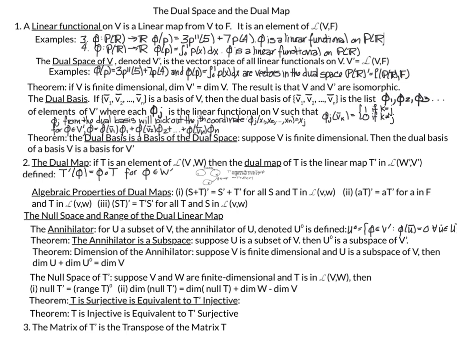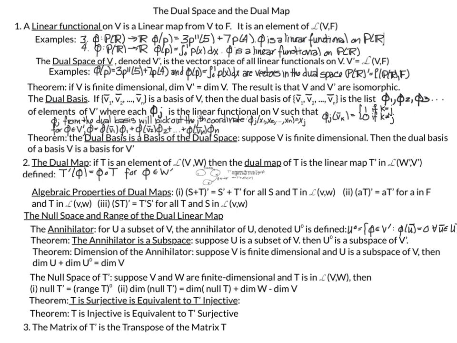Next, we have this theorem that tells us if V is finite dimensional, then the dimension of the dual space is equal to the dimension of V. And the surprising result is that V and its dual space are isomorphic. Now that we know that the dual space is a vector space and it's isomorphic to V, we can define